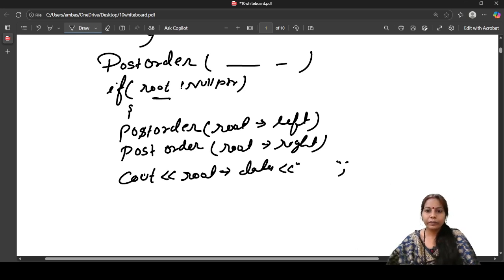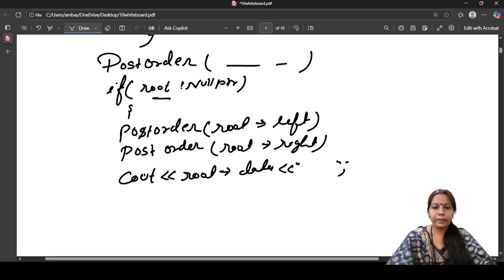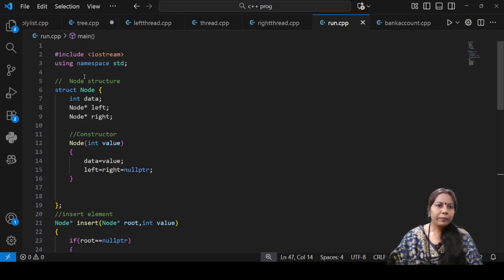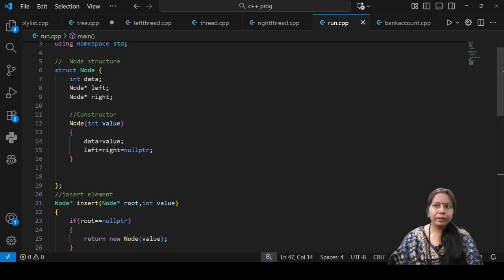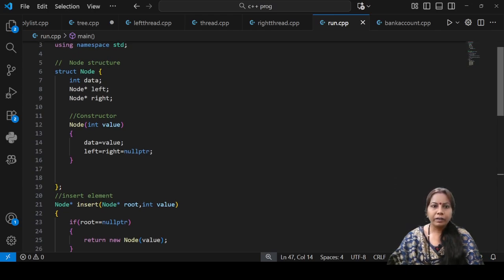So now let us start and try to understand. Yeah, in my previous lecture I tried to make you understand how we can insert elements using the tree concept.